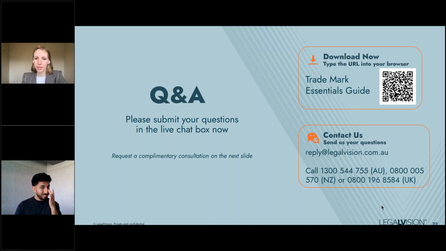One here is, I've recently started a Head Start application for a word trademark, and I also have a logo to register. Is it best to wait on the feedback for the word before submitting an application for the logo? Obviously, the answer is, it depends what's in your logo. If your logo is essentially just the words, but let's say you've included a device or a symbol next to the words,